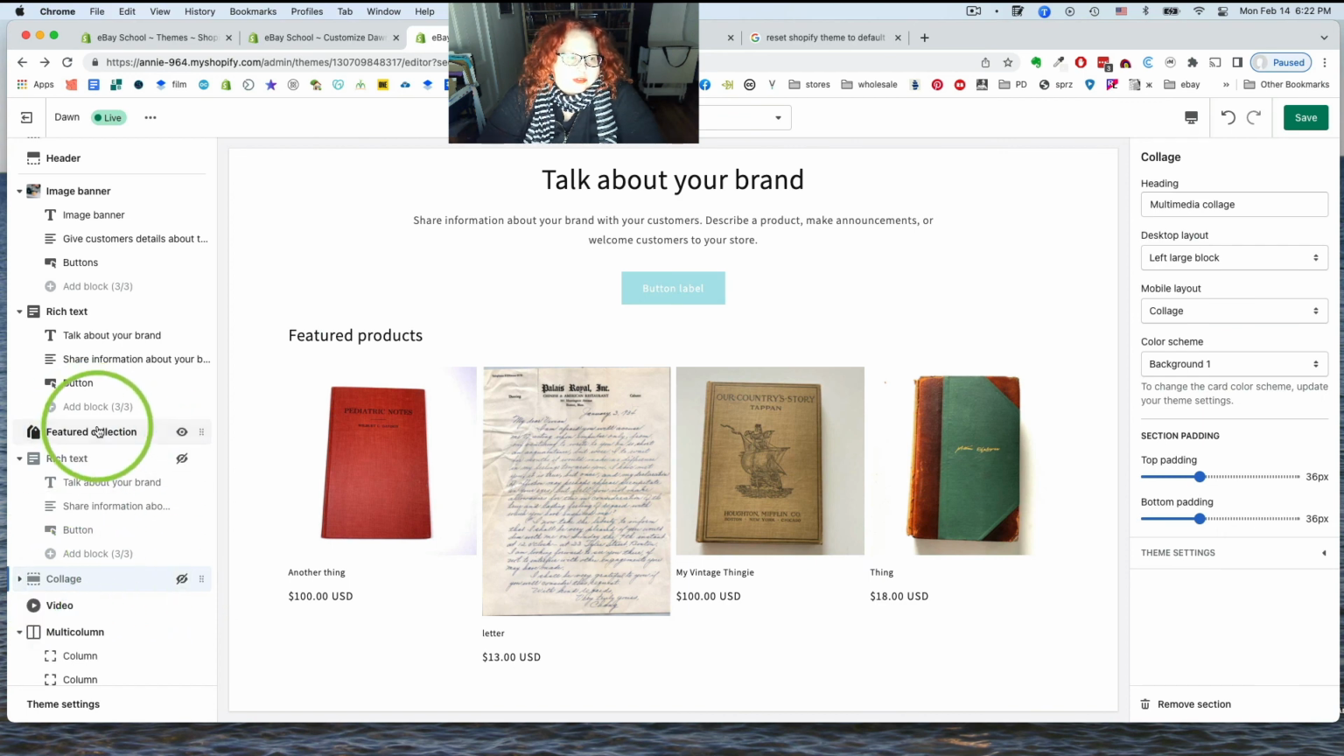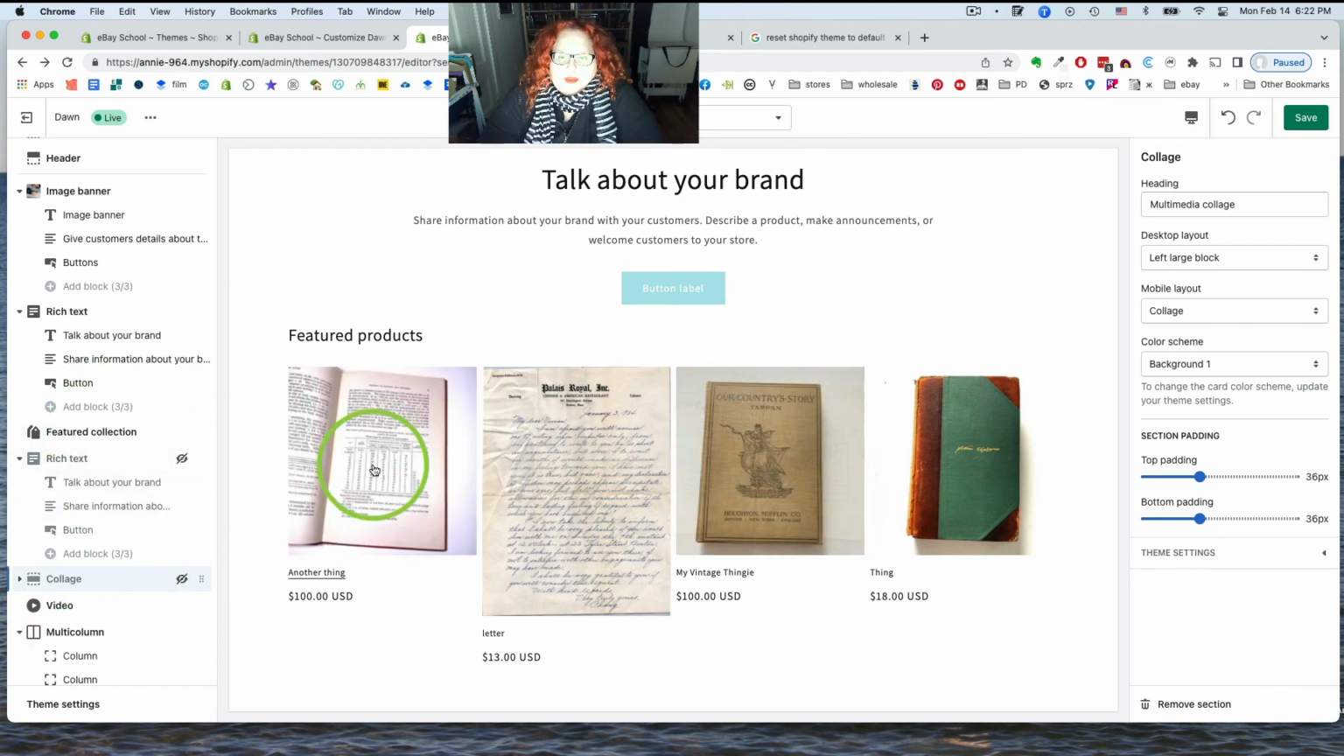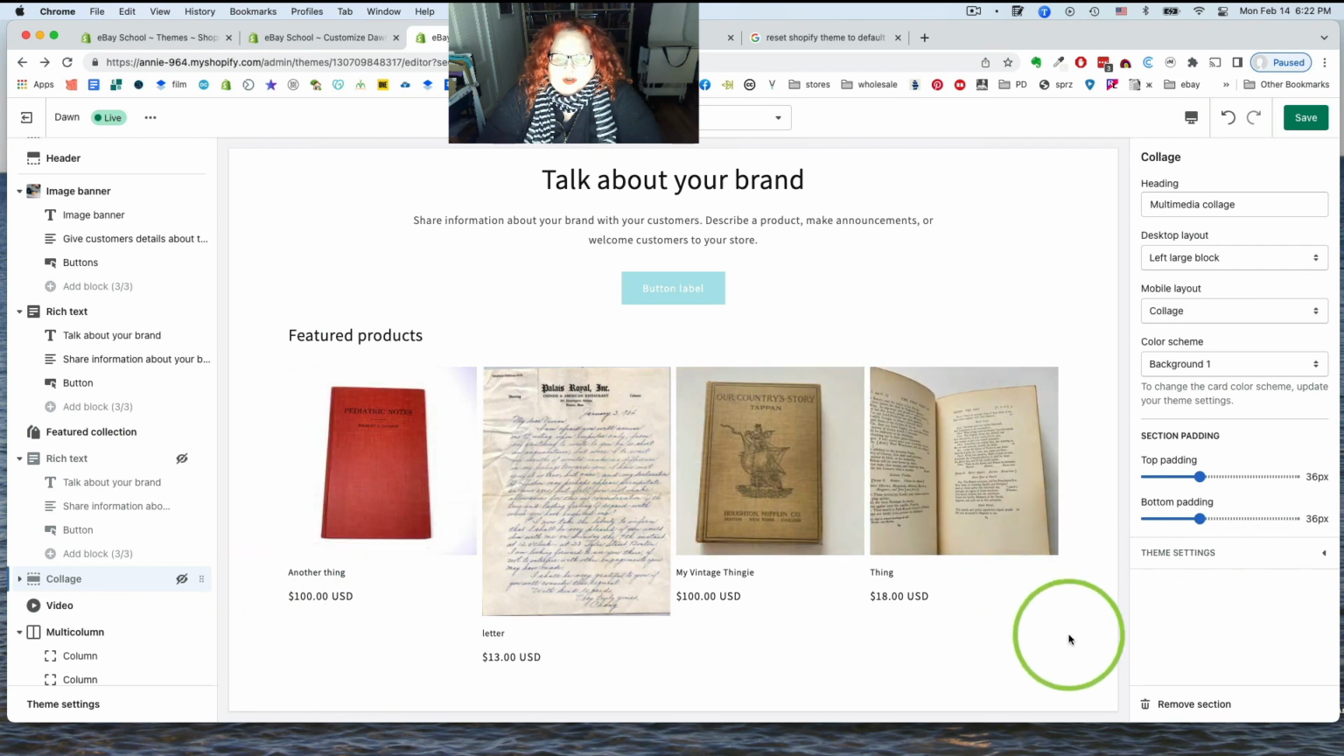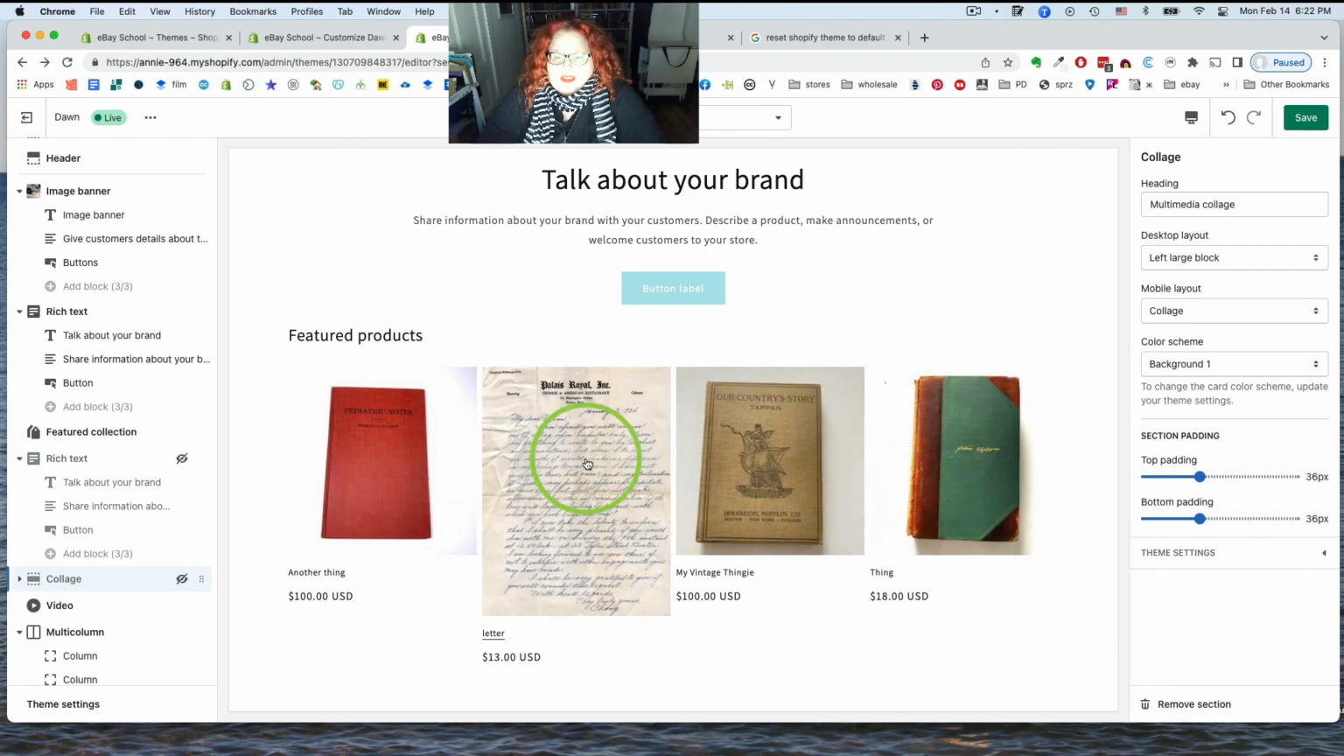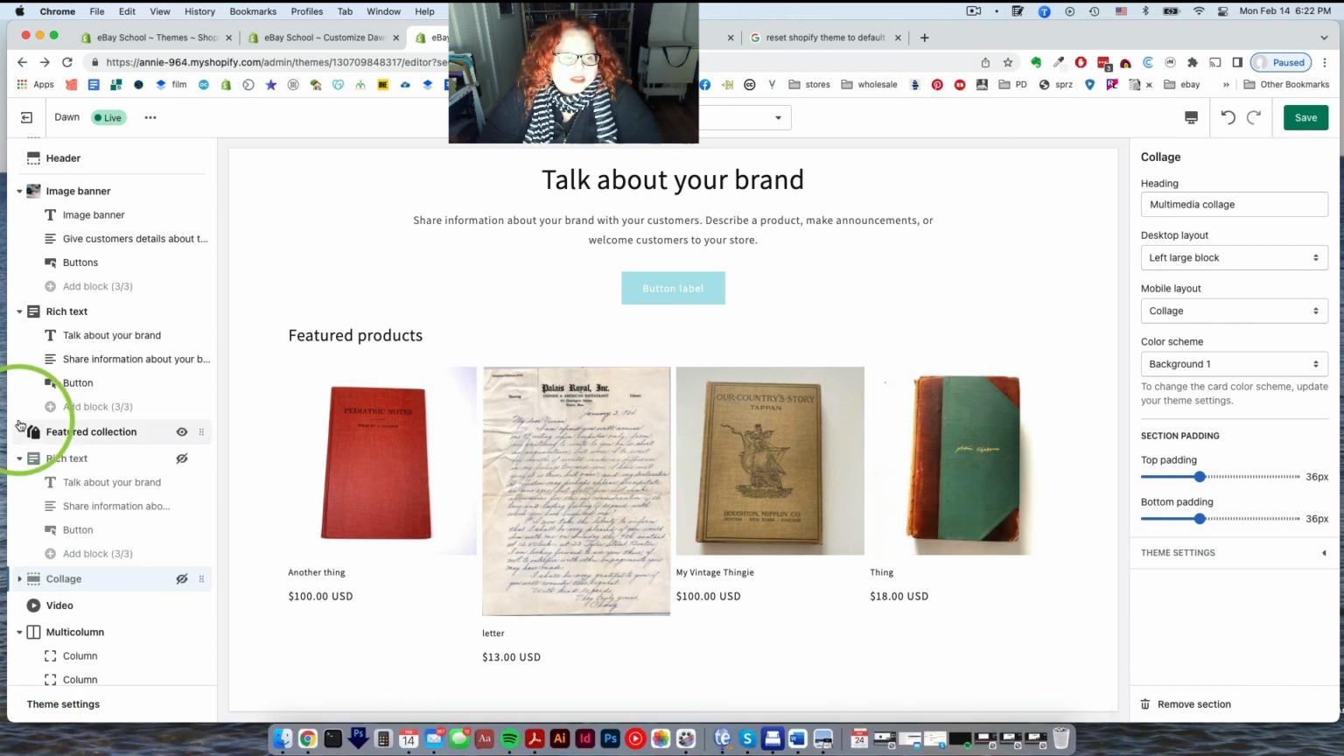And finally, this thing where I stuck some products in. First of all, make your images all the same size so they don't look dumb like this. But